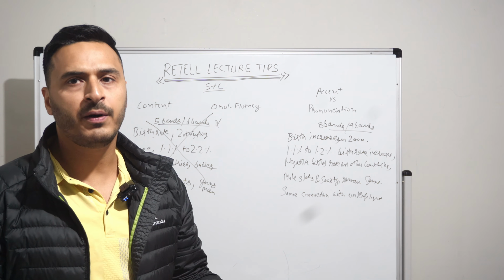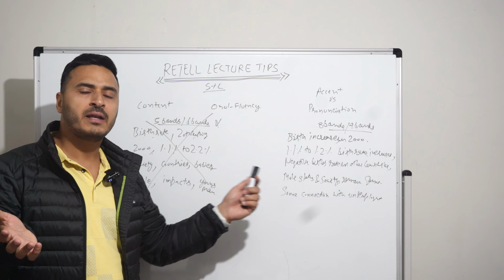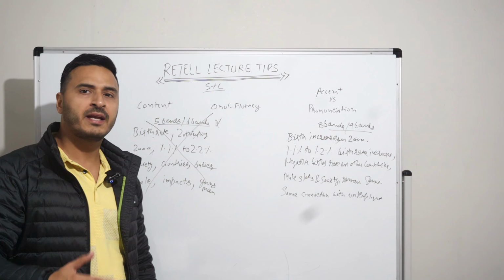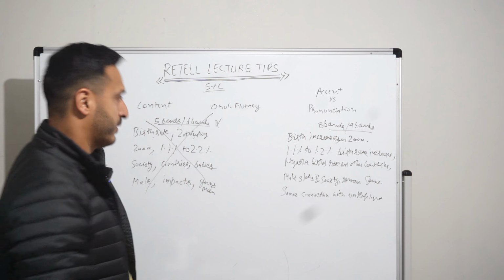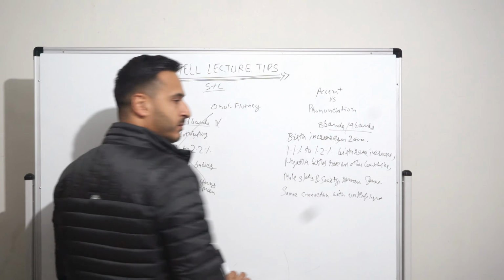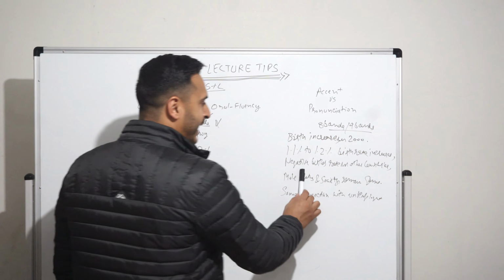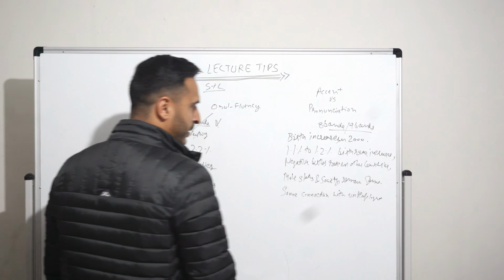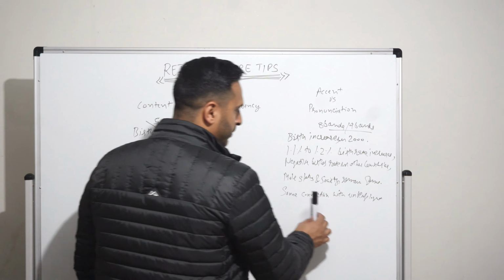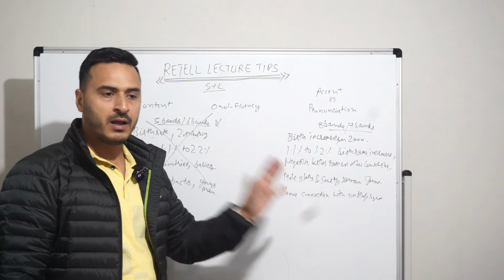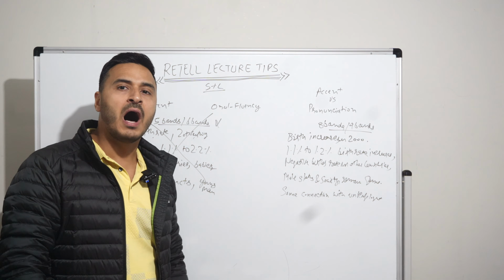It doesn't matter what type of template you are using. Do not think you have to use hi-fi vocabulary in PTE speaking Retell Lecture. The main thing is how you are delivering your lecture and collecting keywords. Birth increase in 2000. Simple. 1.1 to 1.2% birth rate increased. Negative birth rate in other countries. Male status and society remain same. Some connection with unemployment. Here, if you by mistake use is instead of are, no problem.